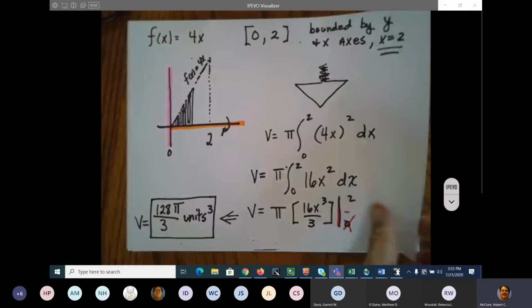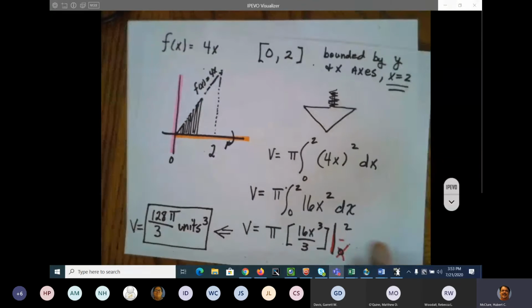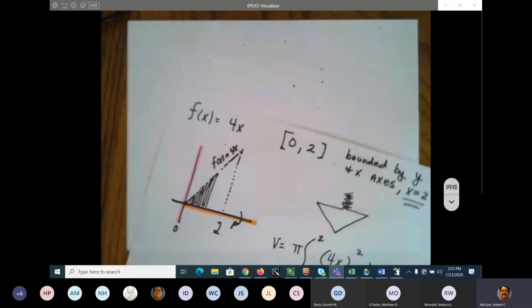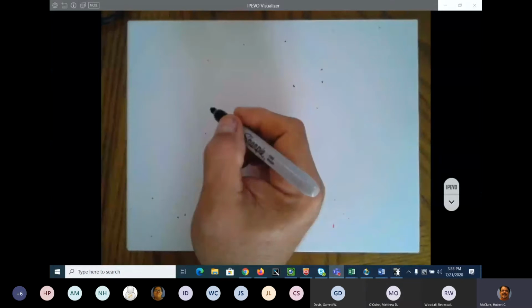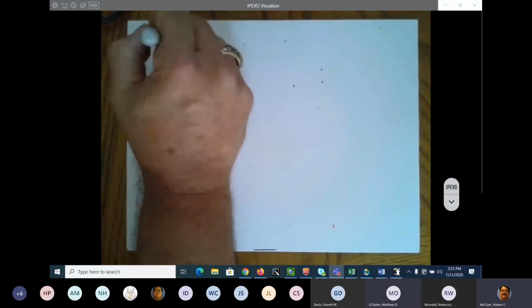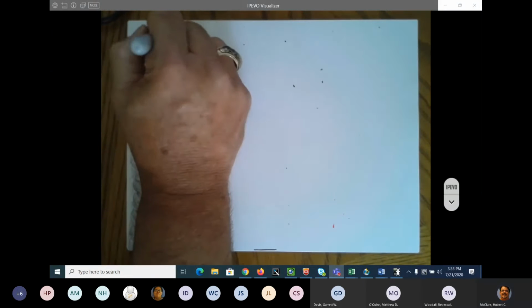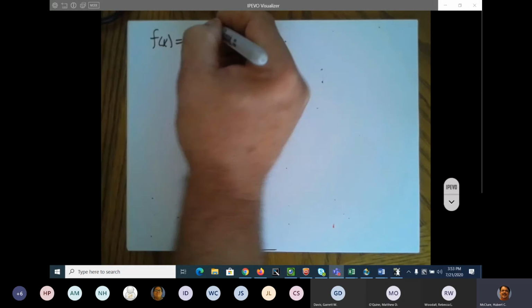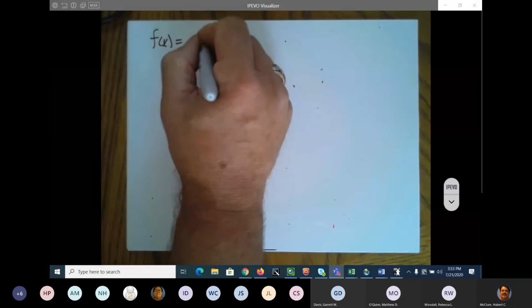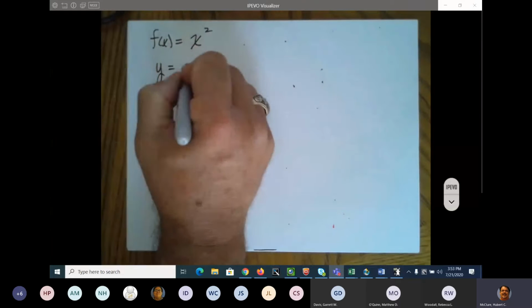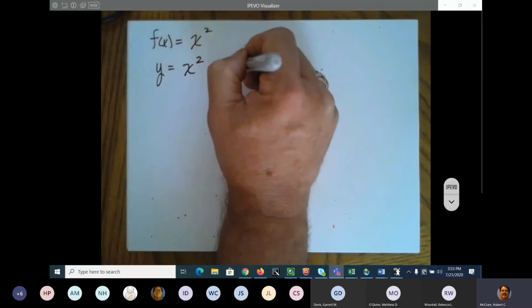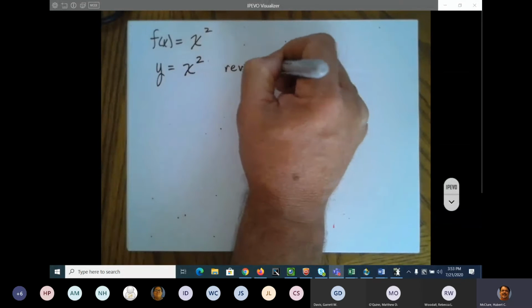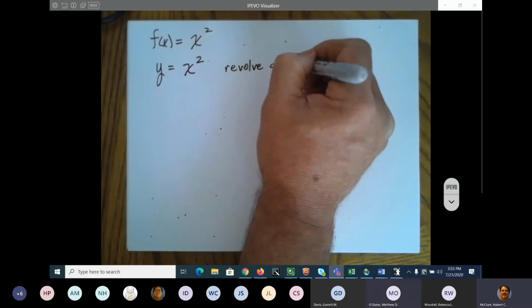Well, what the heck to do if they tell you to go around the y-axis? Well, if they tell you to go around the y-axis, you just put everything in terms of y. So if they give you f of x is equal to x squared, which is y equal to x squared, and they tell you that you're going to revolve it around the y-axis,